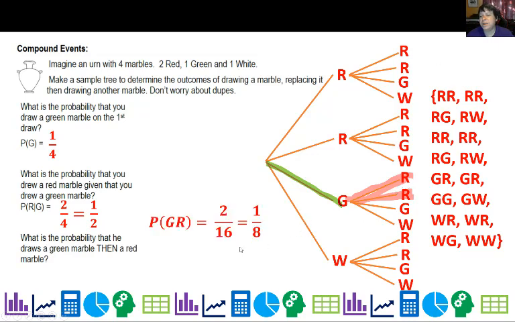But here's an interesting thing. What if I just multiplied that probability times that probability? I could take the 1/4 here times the 1/2 here, and I get the same answer. It's 1/8. So the same way we were multiplying to find the number of ways to do something with a tree diagram, we can actually do that with probability too. So probability of the first event times the probability of the second event.